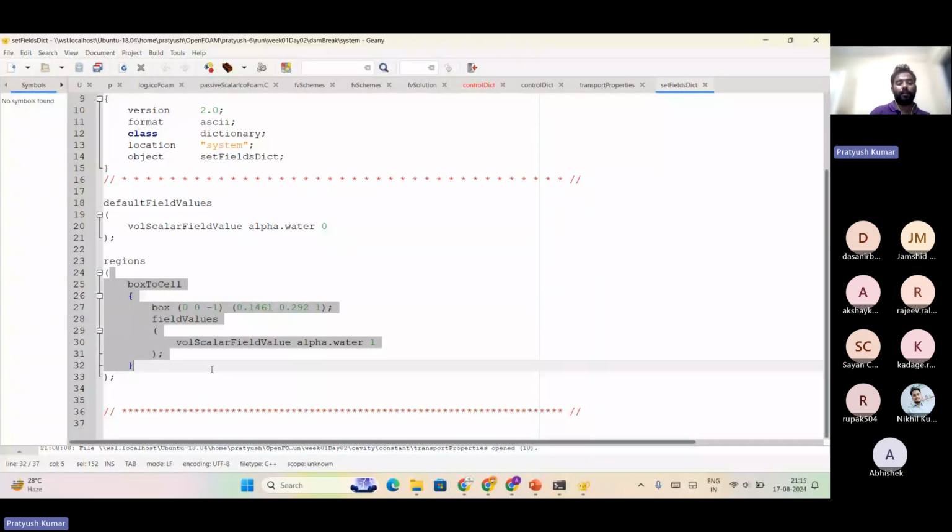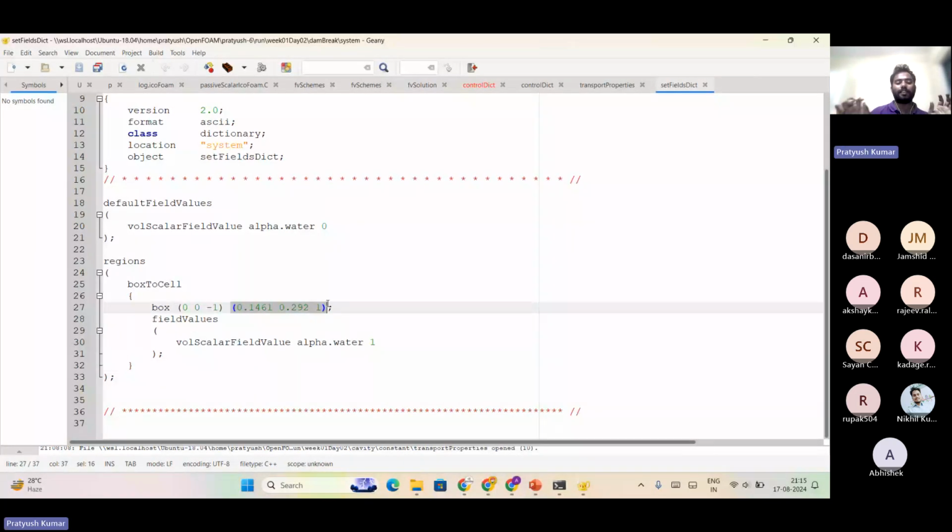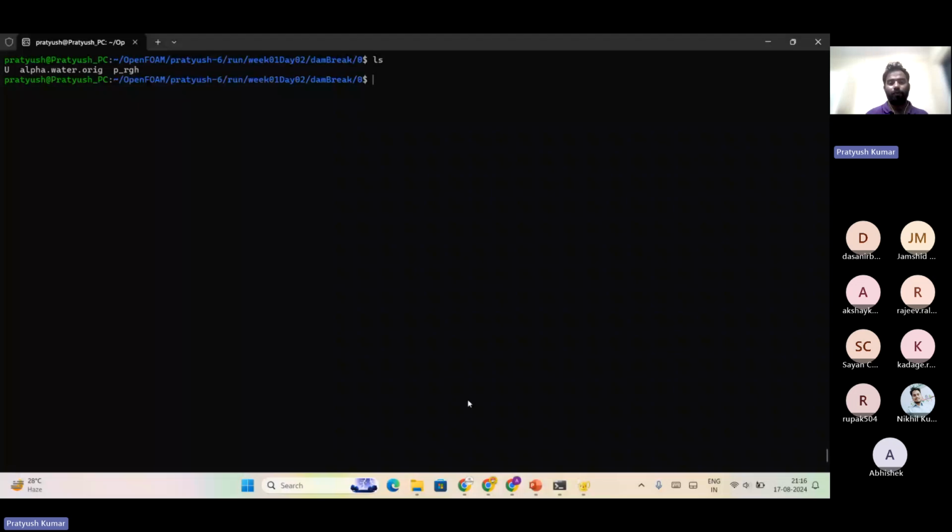So this is the meaning of this complete command: it is going to select all the cells between this minimum dimension and this maximum dimension, and all the cells whose centers lie between these two points are going to be assigned a value equal to 1. Here the value is 0 and here the value is 1. So only those cells between this minimum and maximum dimension are going to be assigned this value. Once you run setFields, first let me run blockMesh,